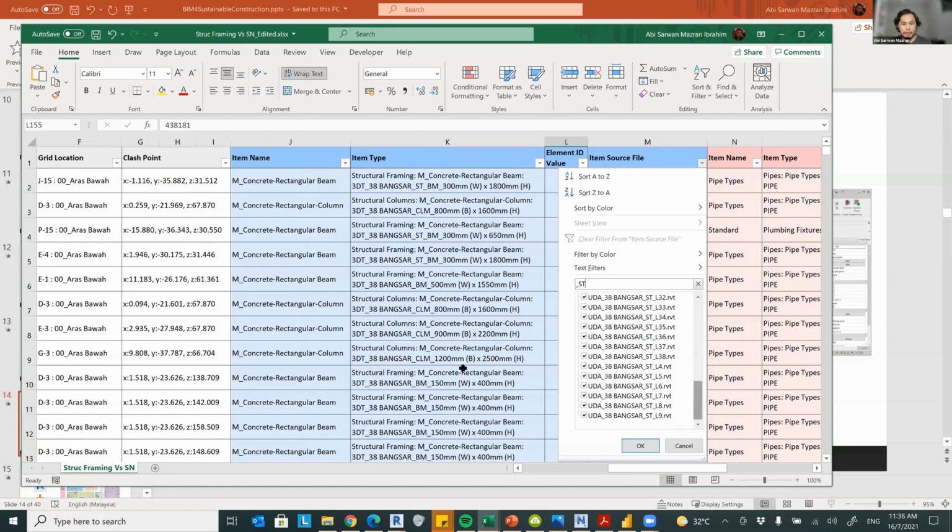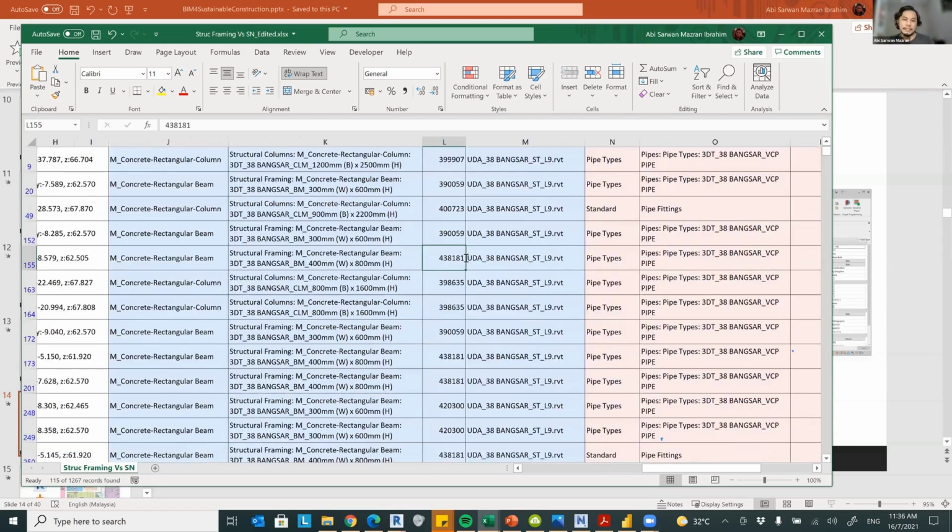And what I can do is look for the element ID. If you are familiar with Revit, you can then open this in Revit and look for that element via the element ID. This would expedite certain things. So you can extend the information that you've gotten out of your Navisworks into Revit, via